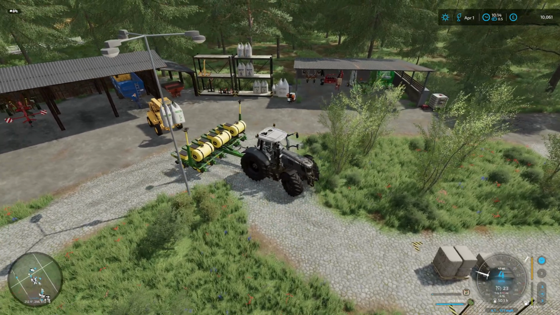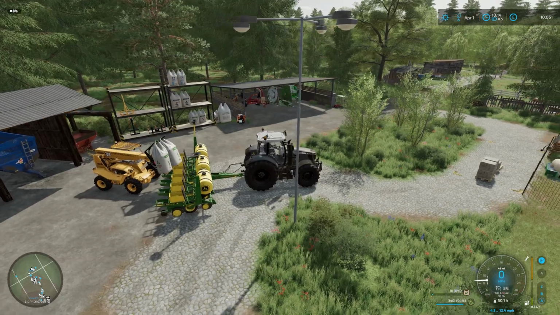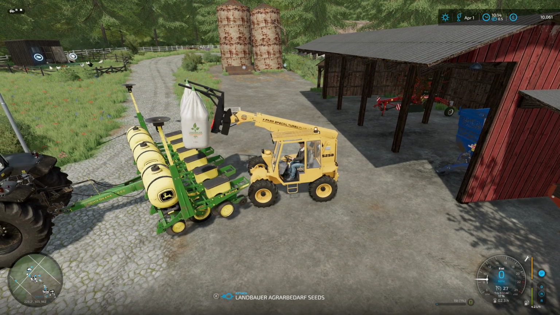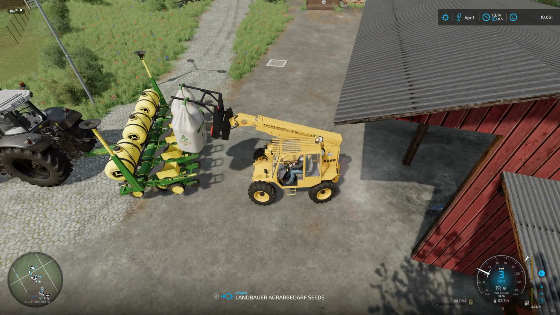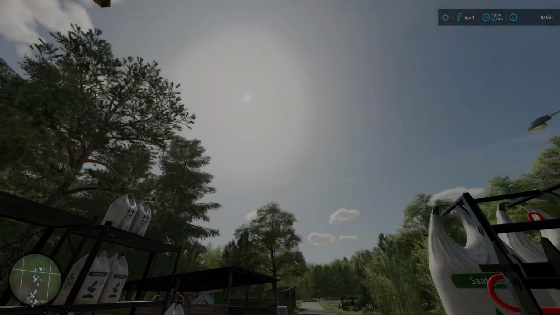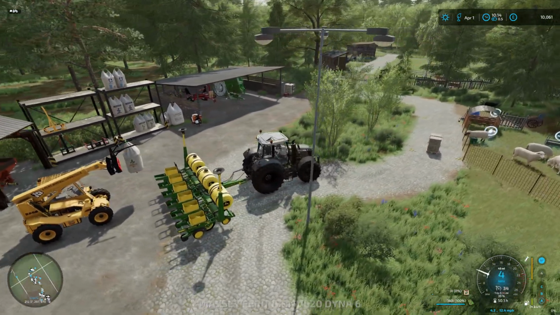We have got a bit of lime already, and I think we've even got one big bag that is waiting to be taken off. What's happening here? Am I not in this trigger point? Maybe I need to refill. Maybe it's not a tip one. Let's just try that. Yes. So there we go. So we've taken as much of that as we can, and we might be able to